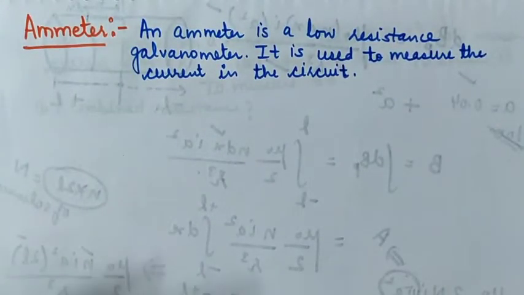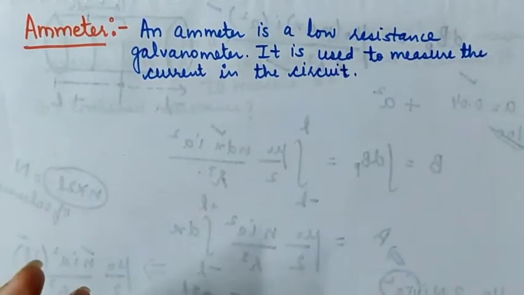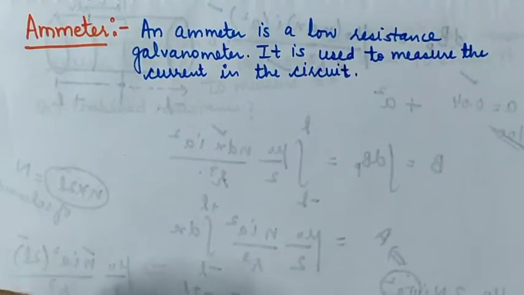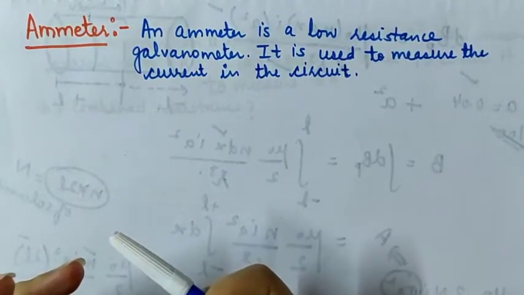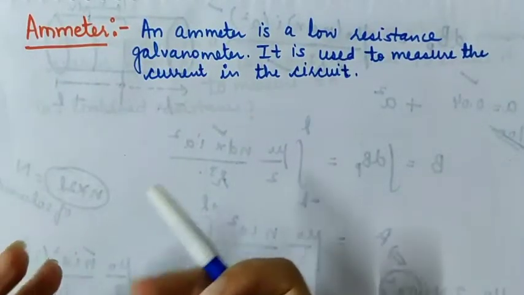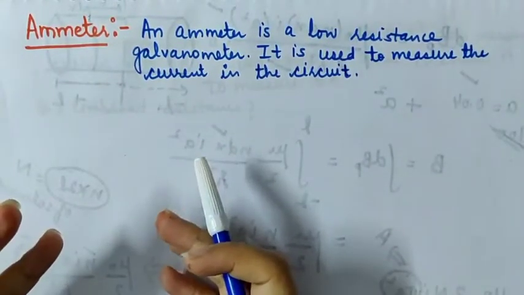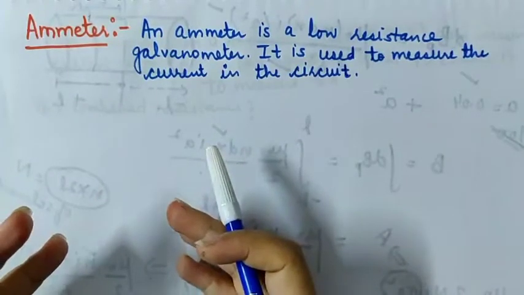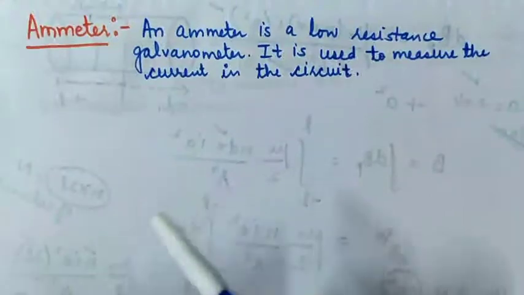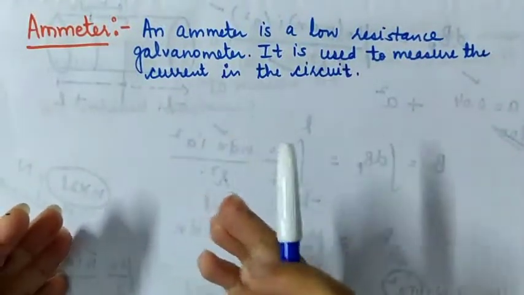So basically an ammeter is nothing but a galvanometer with some modifications done. Now consider one thing in your mind: if you want to make a device such that more current passes through that device, you must reduce its resistance. And how can we reduce the resistance of something which already has a high resistance? You can connect it to a small resistance.